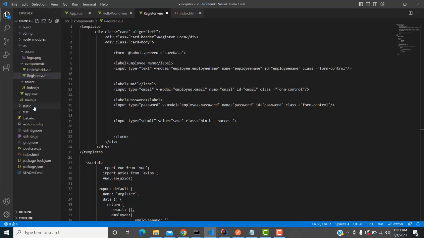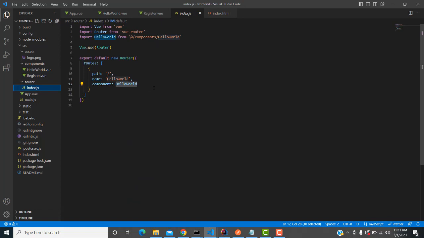Right? Now let's save all. Go back to our routes. Here we have to implement this route. What's the route? Register. You have to register. So route register. You have to paste it over here. Yeah, you have to write this one. If you call it the register route,